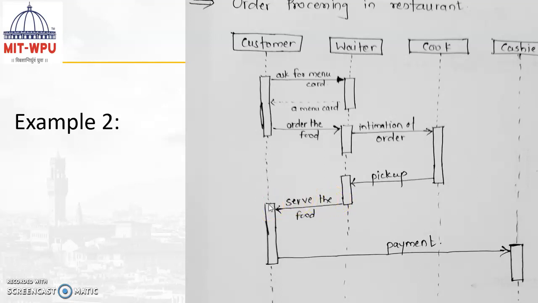So now the customer is going to enjoy the food and finally perform the payment. So for this iteration, the role of the cashier comes up, and we can represent that with a focus of control for a cashier object. Once the payment is done, suppose the cashier wants to give any acknowledgement, you can use synchronous communication. Here we have considered just asynchronous communication. Customer doesn't want a receipt. Likewise, you can represent a sequence diagram for order processing in a restaurant. For more examples of a sequence diagram, you can look at the PPT shared in your mail.